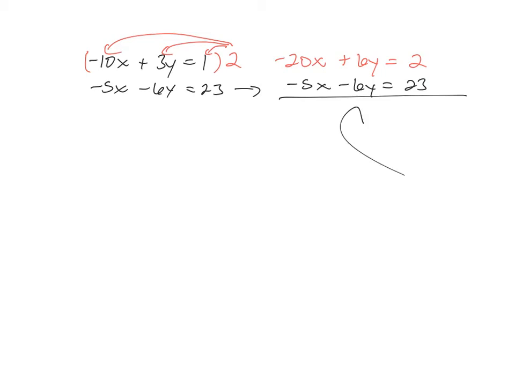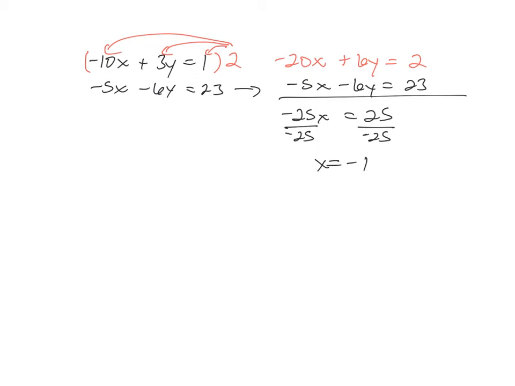Okay, so I got the 6 and the negative 6 to be opposites for the y part. So then we combine the equations. Negative 25x, the y's go away. And divide by negative 25, and x equals negative 1. Okay,